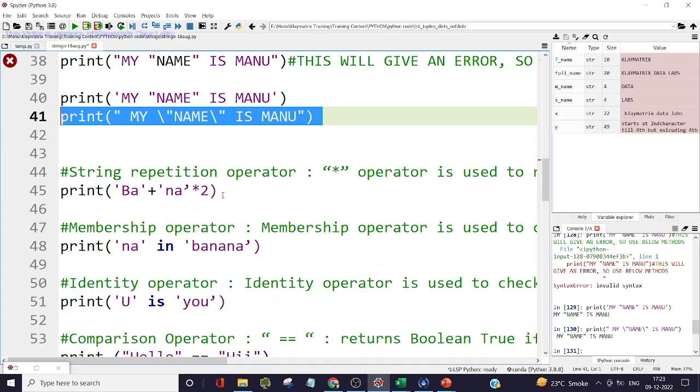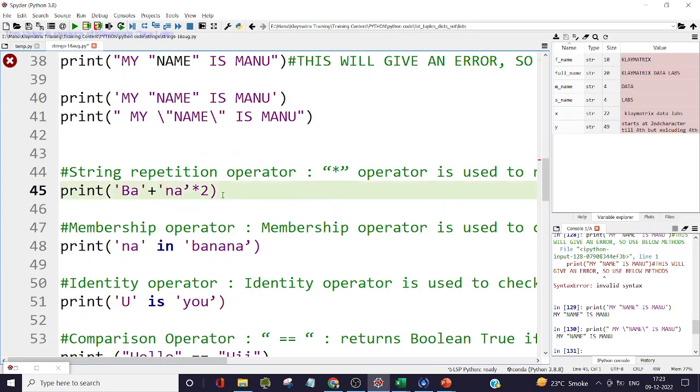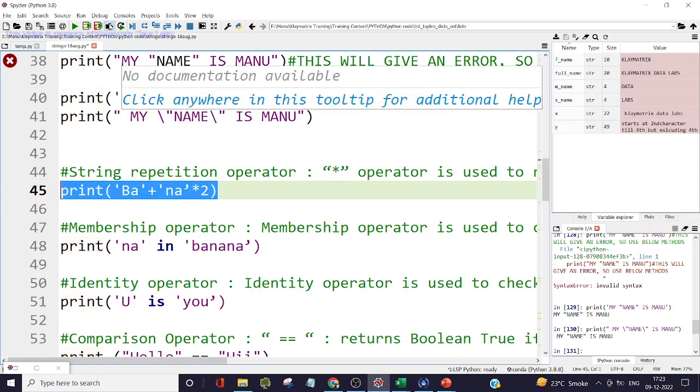A few other variations or techniques in strings: for example, if I write a string, concatenate it with another string and multiply it with 2, this repeats the string 2 times. So if I run this string, you see,